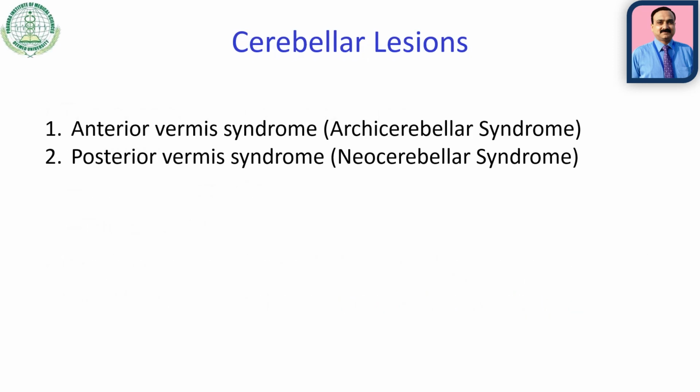These cerebellar syndromes are grouped into two parts, either anterior vermis syndrome or posterior vermis syndrome. The anterior vermis syndrome can also be called archicerebellar syndrome, while the posterior vermis syndrome can be labeled as